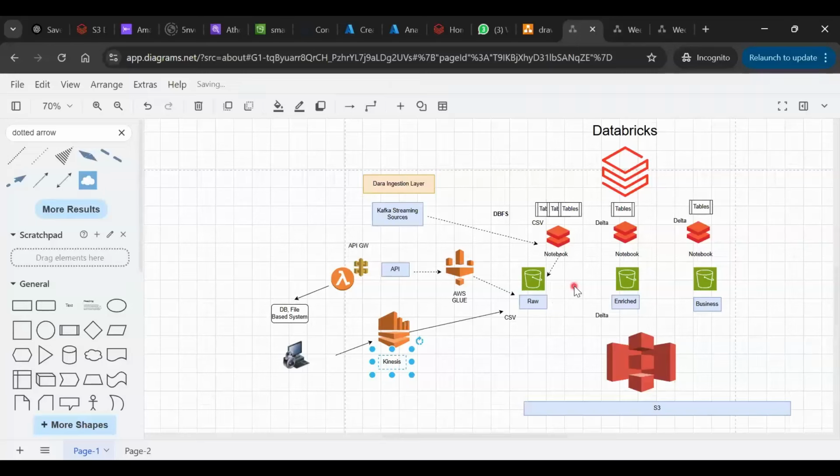The way we have developed this architecture is when we are moving from raw to enrich to business, we are creating the intermediate table in the DBFS file system as well. Let's say I create some intermediate table in the DBFS file system, then in the enrich layer notebook, I am reading those tables, and then I'm loading that table into the enrich layer file,